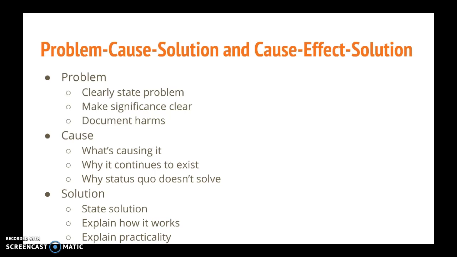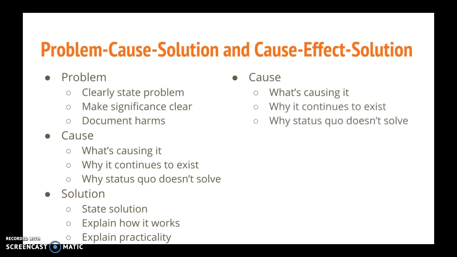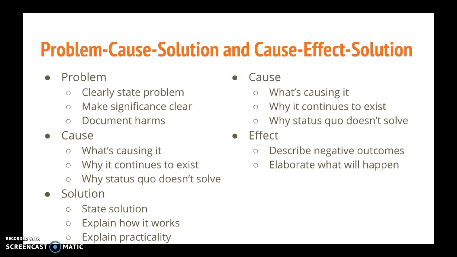Cause-effect-solution is very similar, but it's just kind of flipped. So first you have to talk about the cause. So you talk about what's causing it, why it continues to exist, and why the status quo doesn't solve. So all of the same things that you did in the middle of the other speech, you're now doing first. So in this case, you have to present the problem really quickly in the introduction, and then talk about what's causing it, before you can finally go into the effects of the problem. So this is where you're describing negative outcomes that exist because of this problem. In addition, you have to elaborate what will happen if this problem continues to exist,